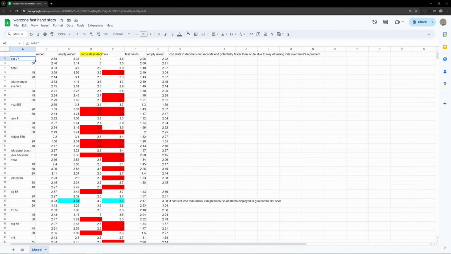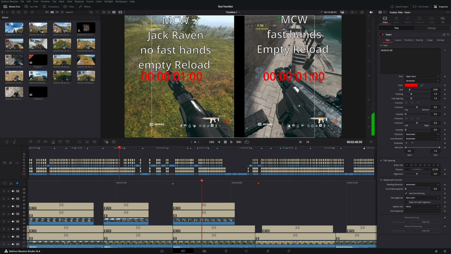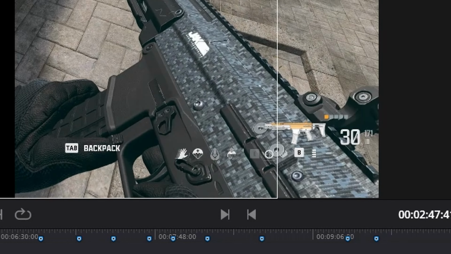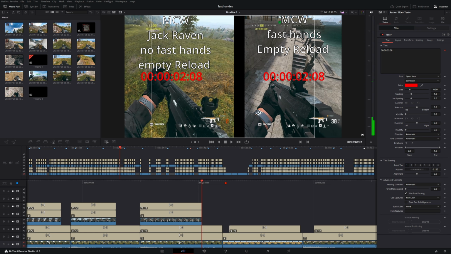So I had the gun, the ammo, the mag size, reload, and empty reload when the gun hits 0, because the reloads are different. The COD stats are in decimals, so 2.9 seconds instead of, so you see here, as soon as that hits 60, it turns to 1 second. COD stats are in 2.9 seconds, which is probably like 1 second and 50 milliseconds or something, and potentially faster than actual due to the way of testing. If it's over, there's a problem. Notice if you look over here, it changed to 30. So that's actually when the ammo is in the gun, but you're not able to shoot until about here,